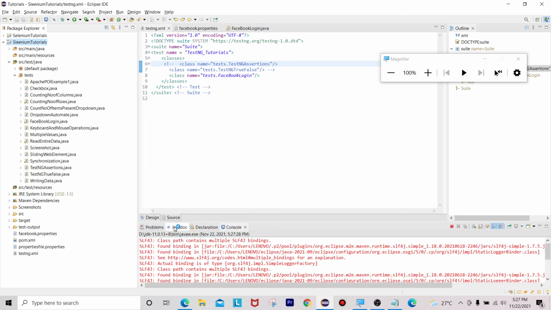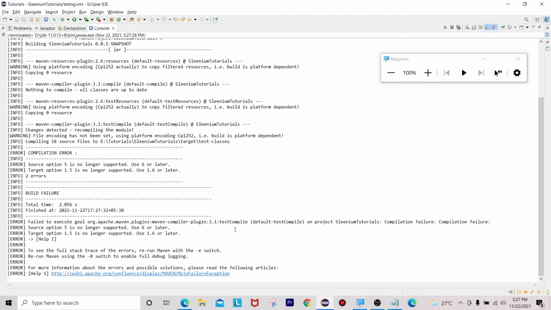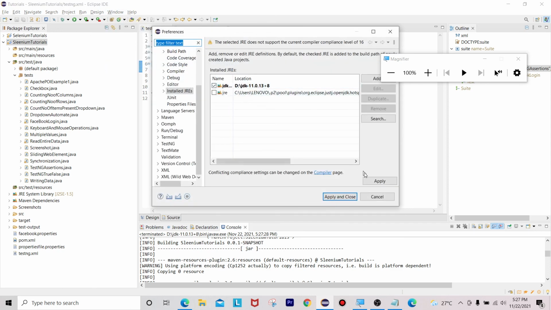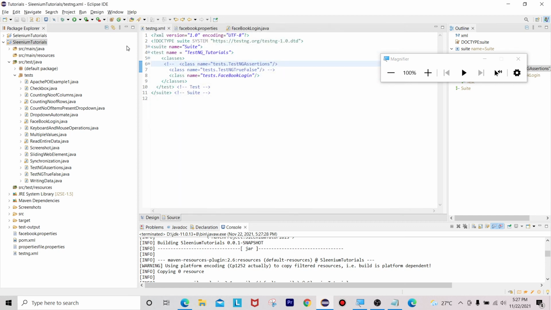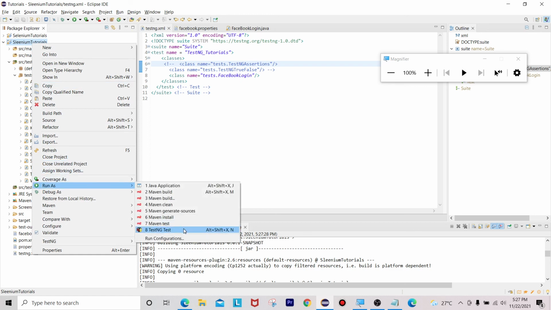So now we'll see, what error. There is some problem with my Eclipse version. So let me go to Windows preferences, apply, apply, apply and close, run as Maven test.